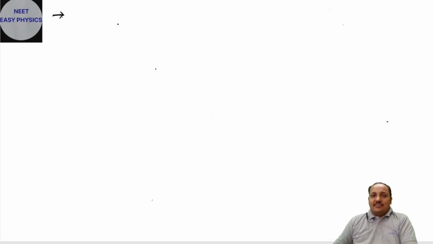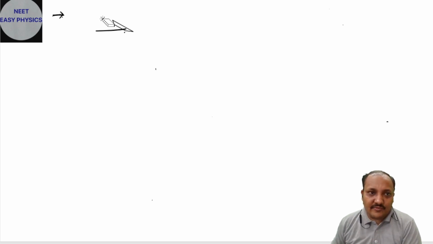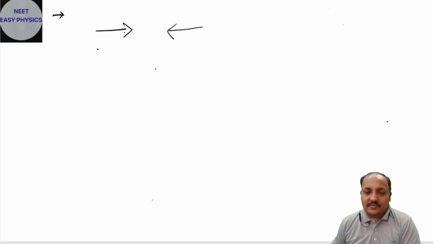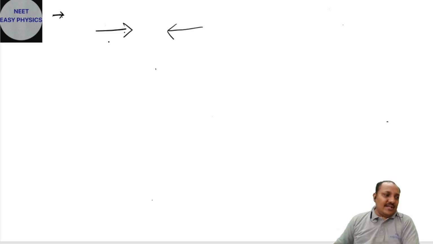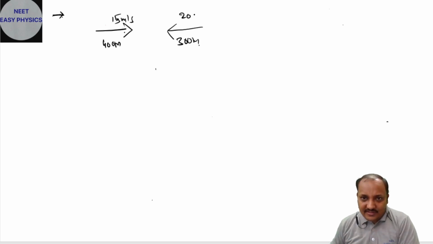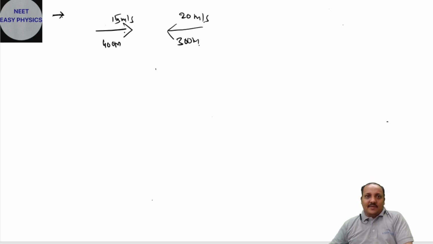Two trains are moving in opposite direction. Please write down. One train's length is 400 meters, another train's length is 300 meters. One is moving with velocity 15 meters per second, another one with velocity 20 meters per second. Now how much time will it take